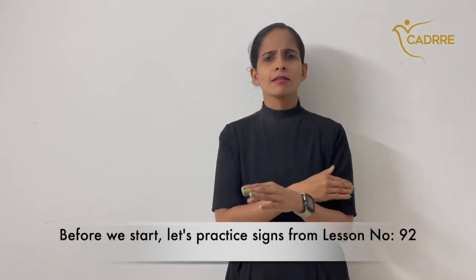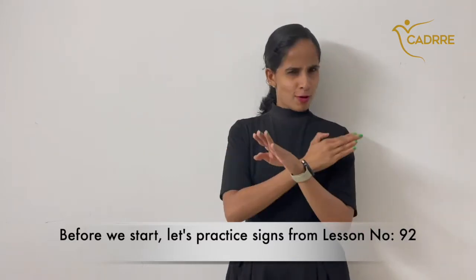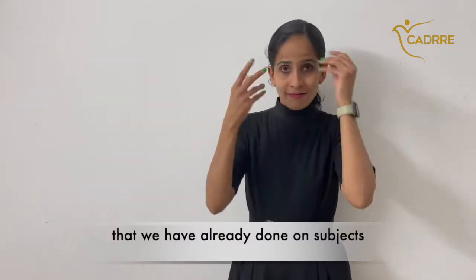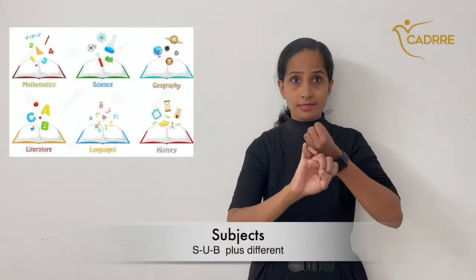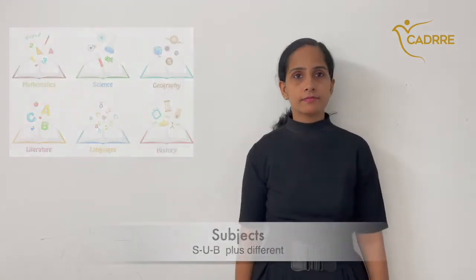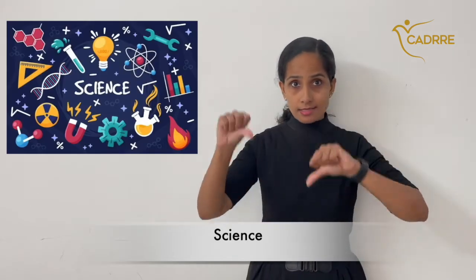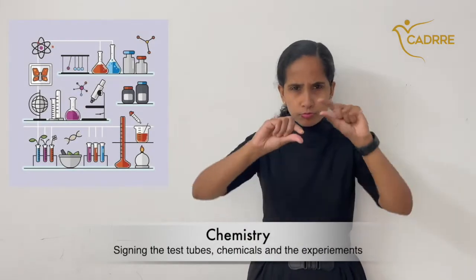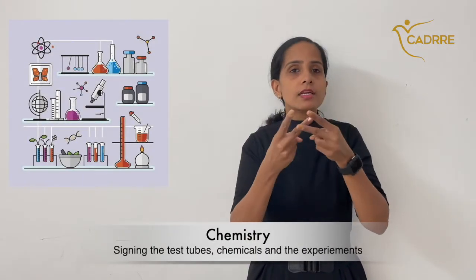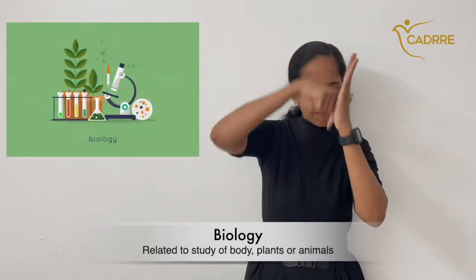Before we start, let's practice signs from lesson number 92 that we had already done on subjects. Subjects: mathematics, science, geography, chemistry, biology,